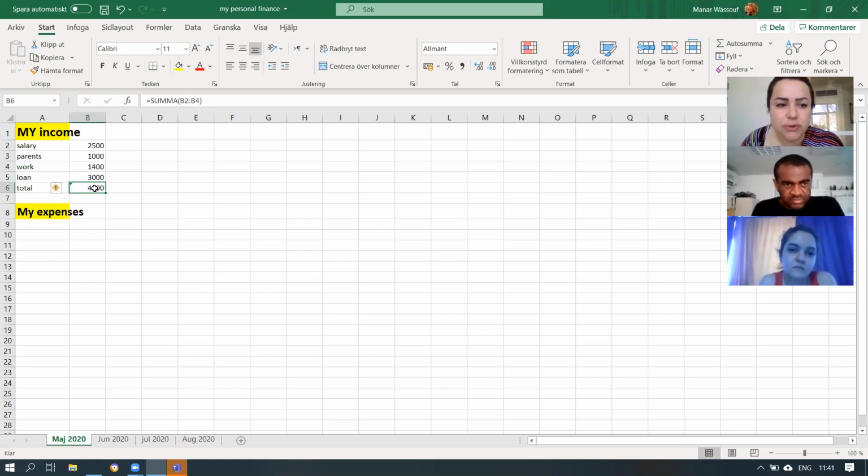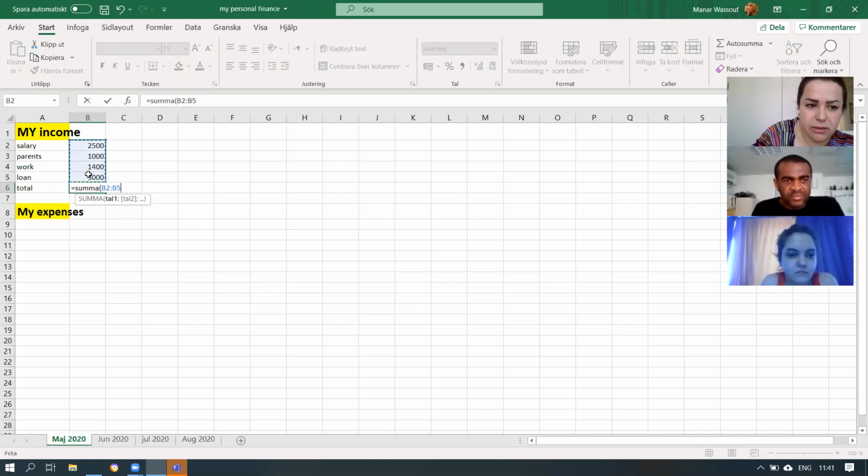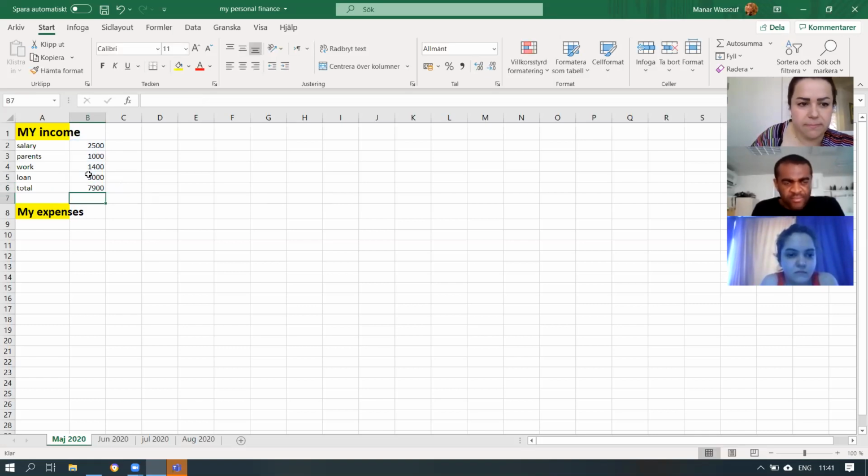So all you need to do is return back here to the value, and you can write it again, equals SUM. But as I told you, the first step is better, because if you keep one or two rows empty,